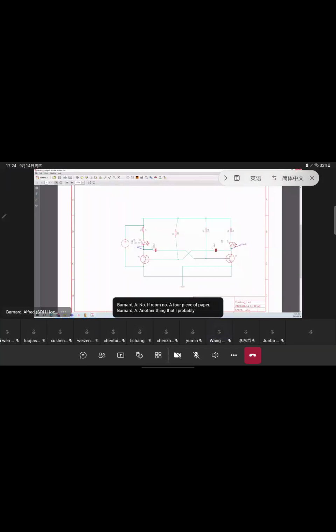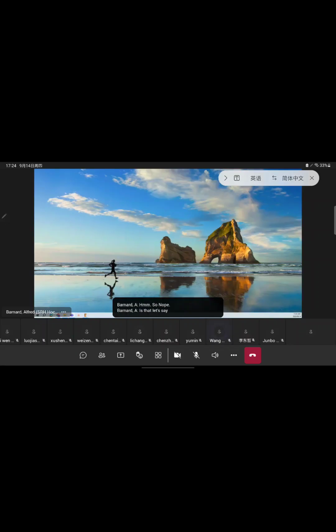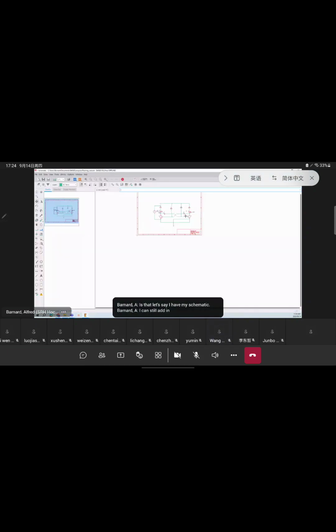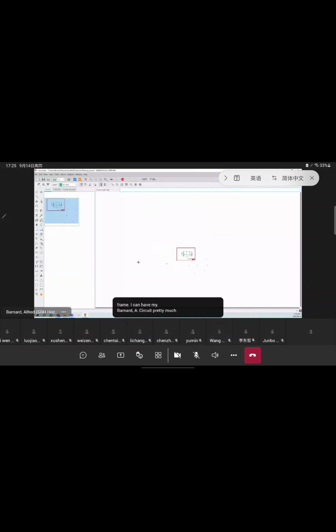Another thing that I probably have to talk about is that, let's say I have my schematic, I can still add in elements outside of the frame. I can have my circuit pretty much as big as I want. So the circuit can be massive. It can be absolutely huge,